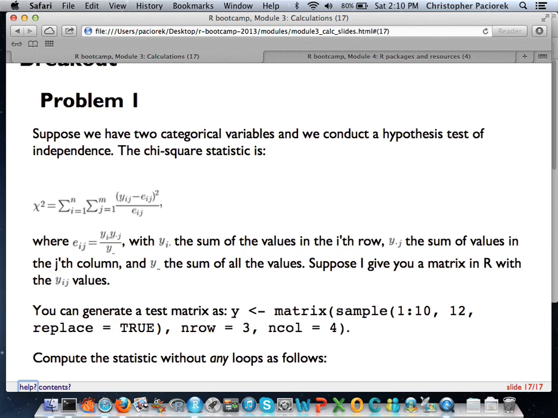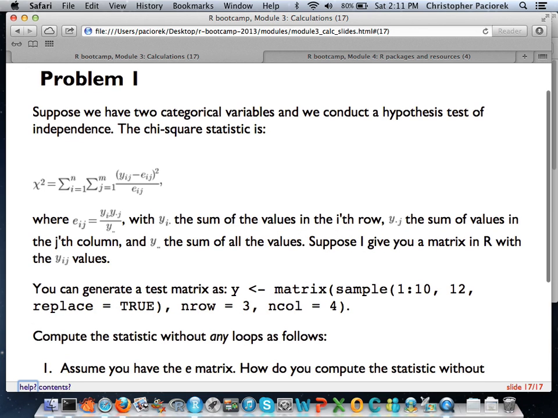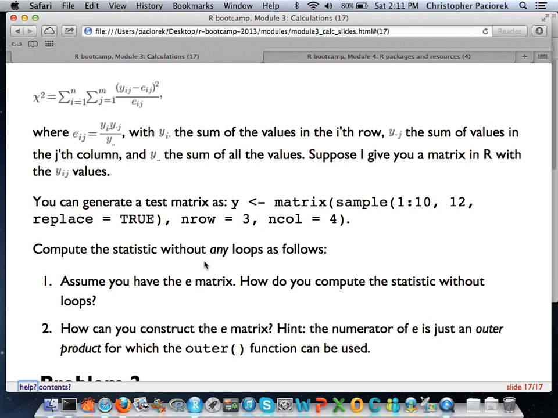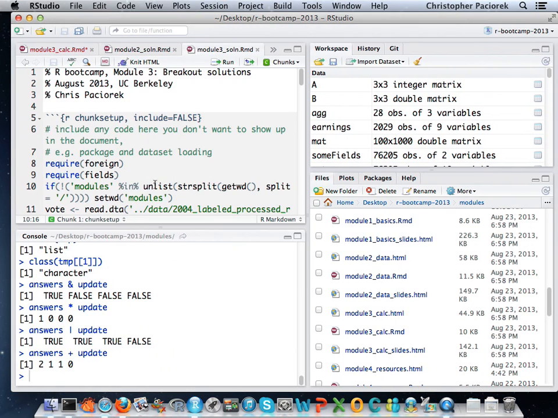And we'd have to do something in advance to calculate the EIJs that might involve doing some looping as well, because we have to do some summation of either rows or columns. So the point of this was to say we don't need to do any looping to do any of these calculations. Okay. So let's actually now go back to the solutions and see how we can do that.